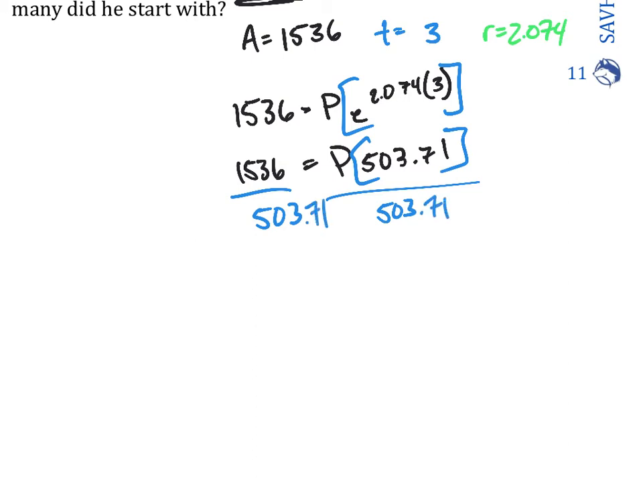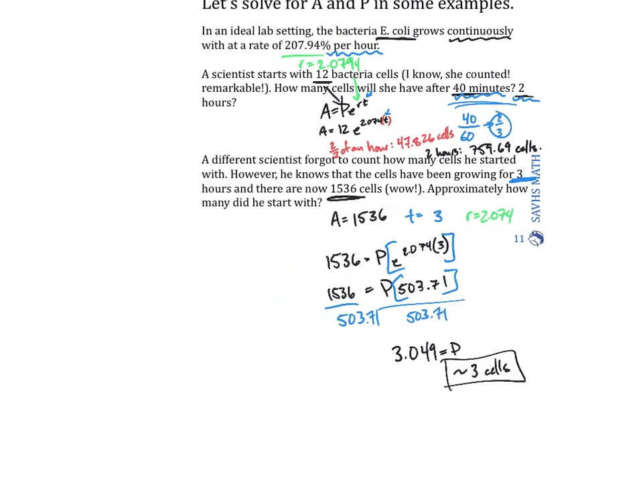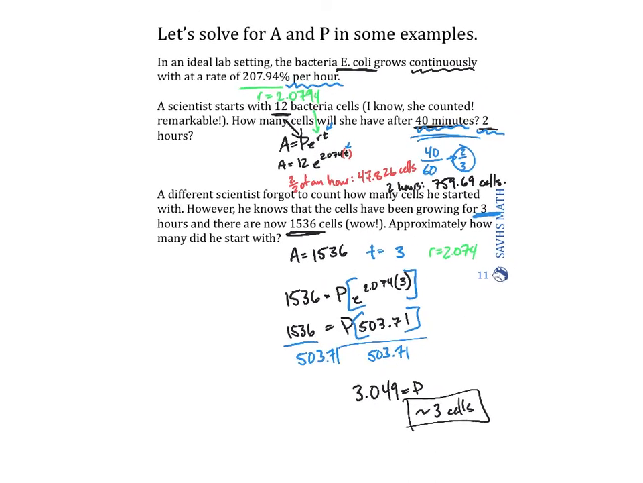Let's be precise here, Mr. Nelson. Okay, and we get 3.04. So P is what P is. So 3.049. So this is about 3 cells is what they started with. Okay, so that's one example of what we can do with exponential growth in a biology context, showing exponential